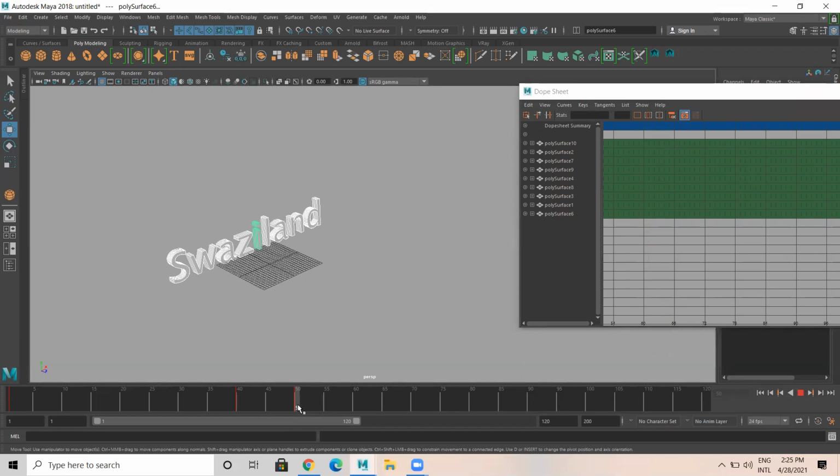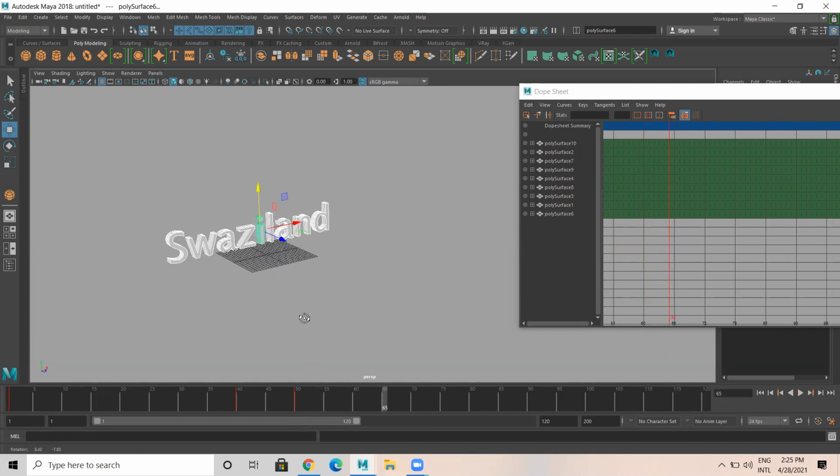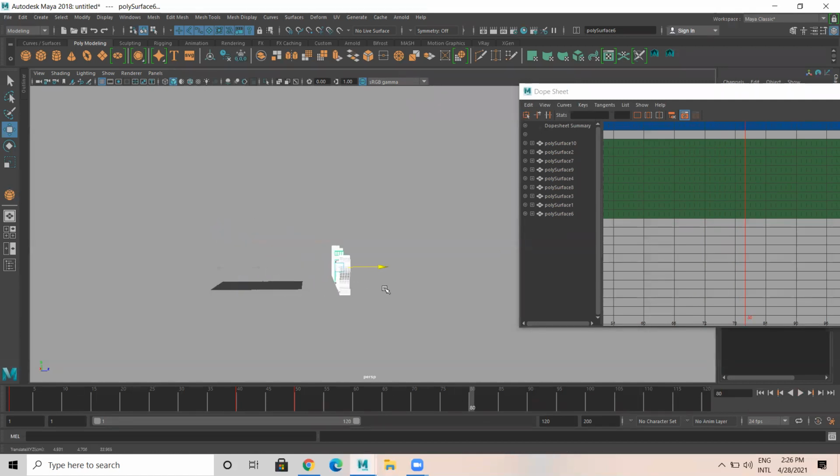Then 65. Okay, let's say at 80, I want this to be here, all this to be here, set key. Somewhere at 65, I would like to place here.